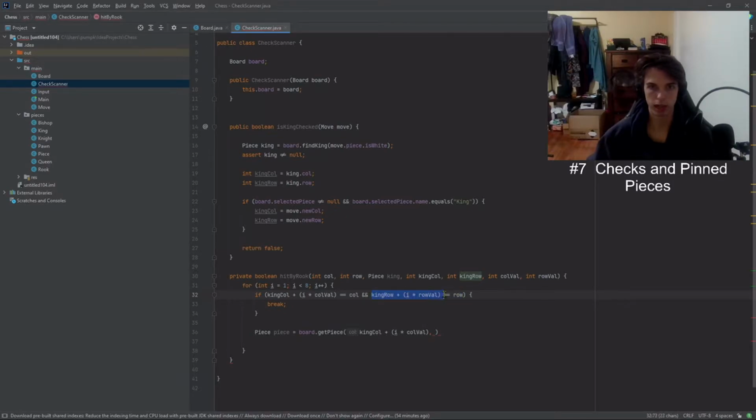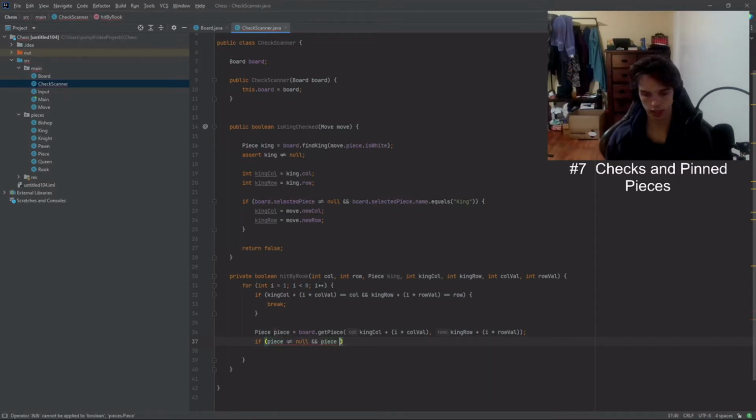So the kingRow plus i times the rowValue. Then if piece is not equal to null and piece is not equal to the selected piece, like that,